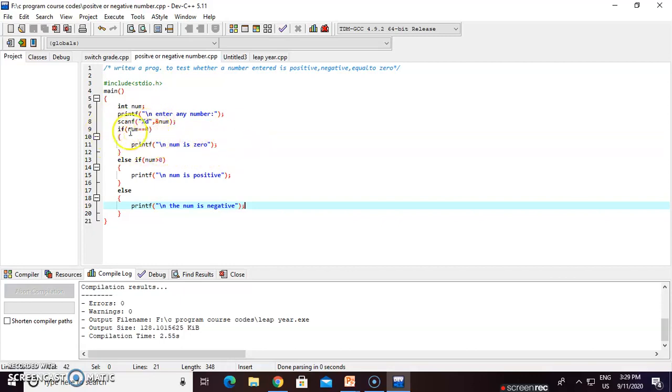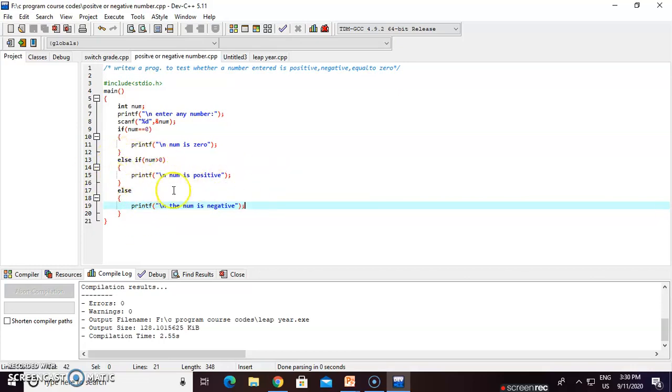If the condition is not true, meaning the number is not 0, control jumps to the else if statement. Here in the else if, the condition is num > 0, meaning the number entered by the user is greater than 0 or not. If the number is greater than 0, go to the else if block and print that num is positive.